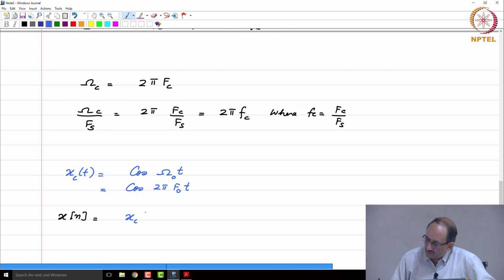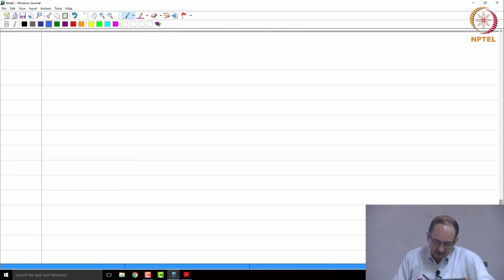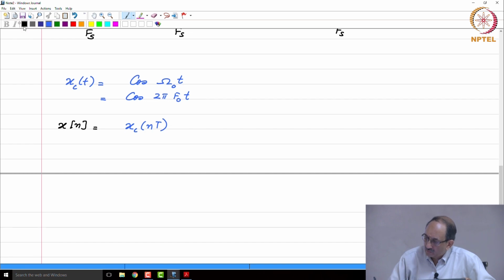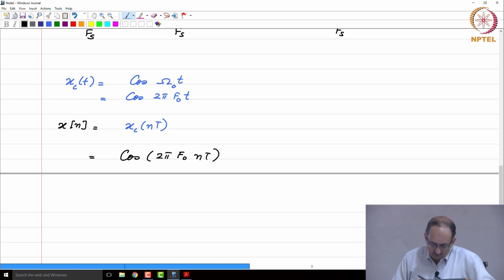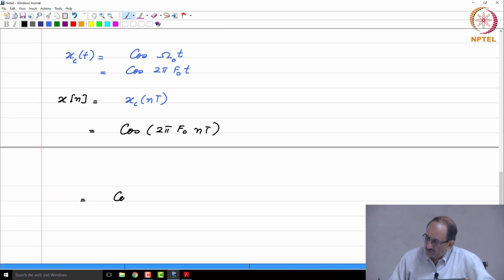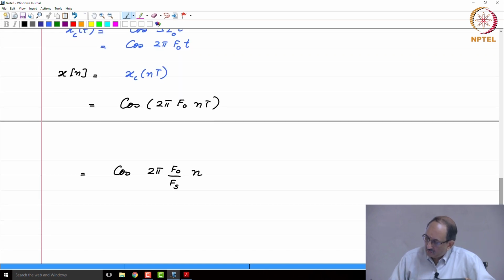Therefore, this is x c of n cap T, and this is nothing but cos 2 pi F naught, replace little t by n cap T. So, this is cos 2 pi, cap T after all is 1 over F s, and we know that cap F naught by cap F s is little f naught, and